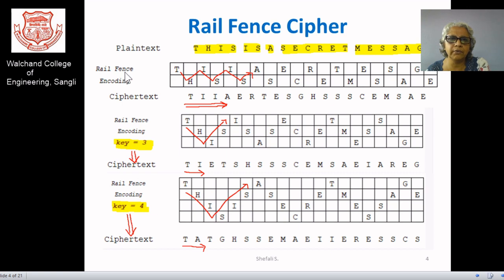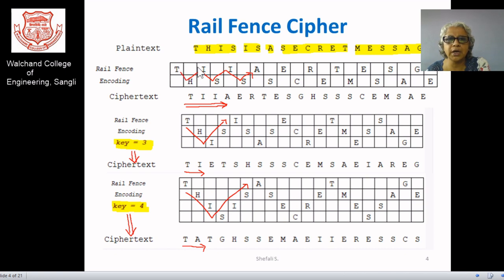Now in your Rail Fence, say if rows are 2 which are selected, I will say that the key size is 2. So I will go for arrangement of your letters. You are just making the shuffling of your letters, you are not substituting. These are the permutations, or shuffling, of your particular cipher you are going for.